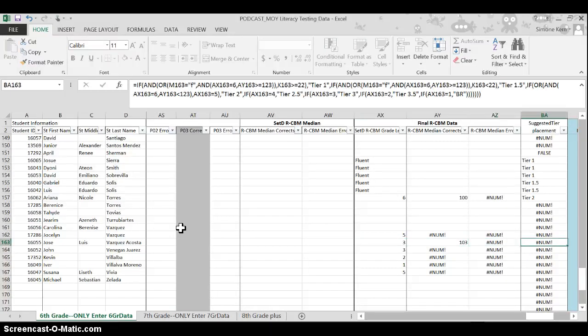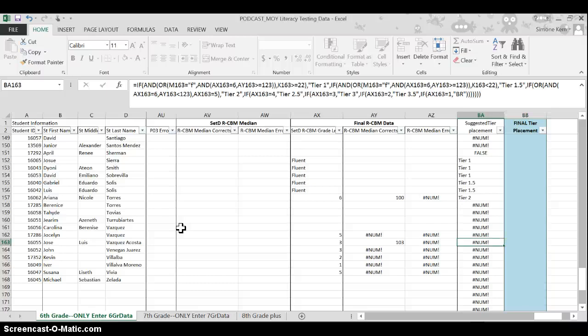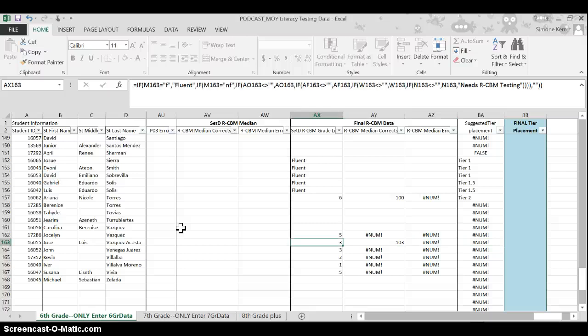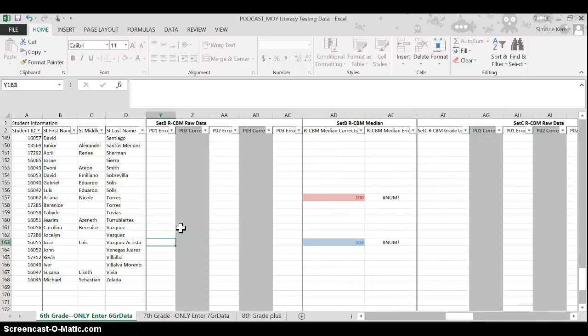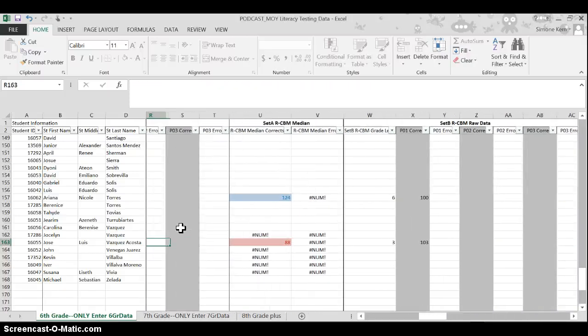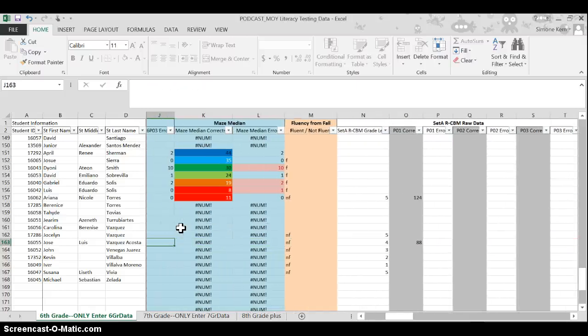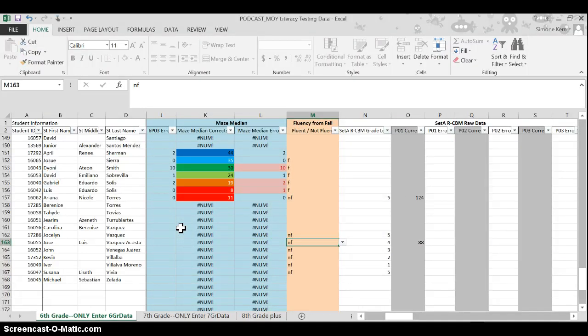Okay? You'll notice they're not getting a tier placement yet, and that's because they don't, I believe, have maze data entered. Let's go see what they're missing. This will be a good example of figuring out what's going on. It does say that they're not fluent,